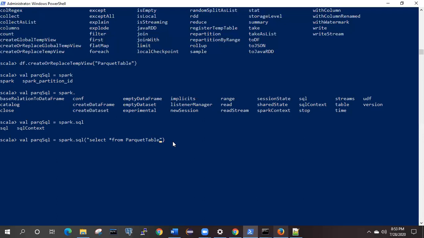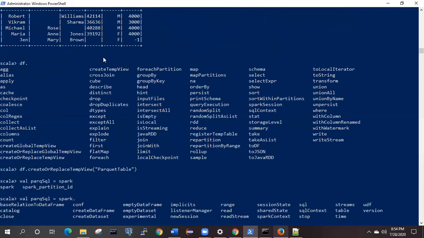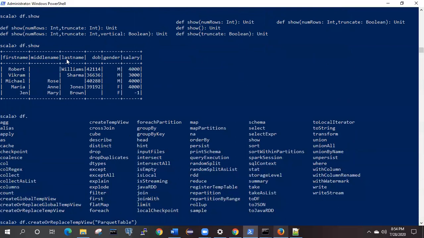If you give this, it will list everything, but we want to provide certain criteria or conditions. In this data, as you can see, it has first name, middle name, last name, date of birth, then the salary. So we will provide some conditions based on gender and some based on salary, to make use of the partitions.